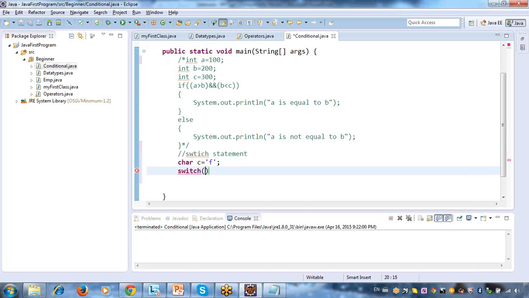Switch, give your expression. Expression is nothing but condition. Give your condition. Case A. What are the statements?